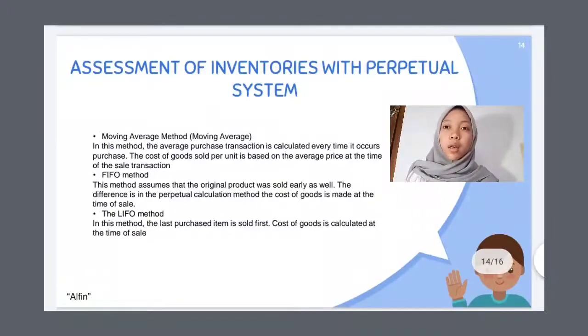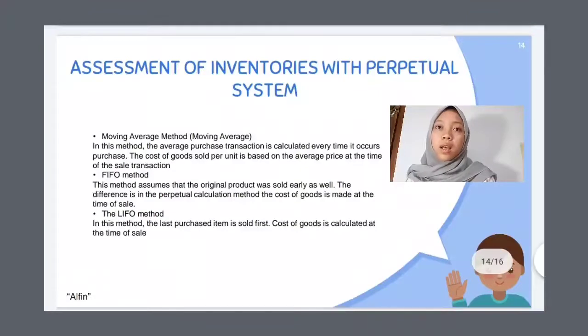This method can only be used in circumstances that allow the company to separate out the different physical purchases made. And two, average cost. The average cost method calculates the price of items in inventory on the basis of the average cost of the same items available during a period.